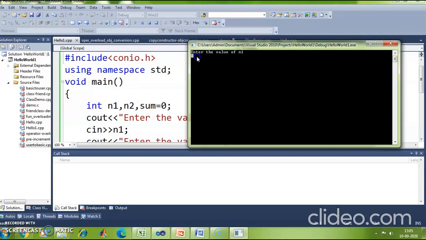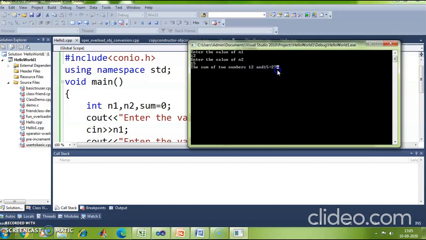So I am entering the value of n1 as 12 and I press enter. So it is asking me to enter the value of n2. So I am entering the second number 15 and then I press enter, for which I get this output here. The sum of two numbers 12 and 15 is equal to 27, right?